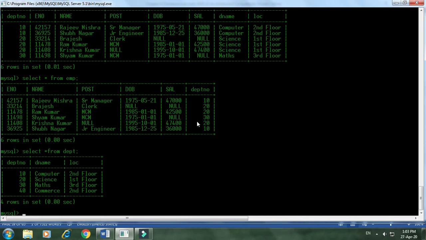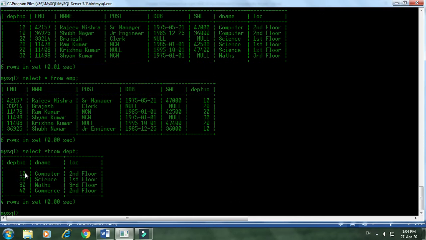That is the department number. The department number column is there in the first table also, which may be called a foreign key because it is the column that links to the other table. Department number in the second table is not duplicated. The foreign key can be duplicated, as you can see: 10, 20, 20, 30, 20, 10. Foreign keys may have duplicate values, but the primary key in the second table is not duplicated.